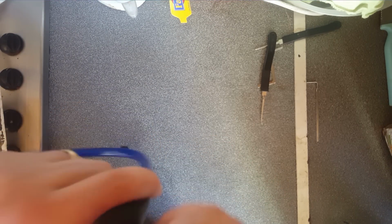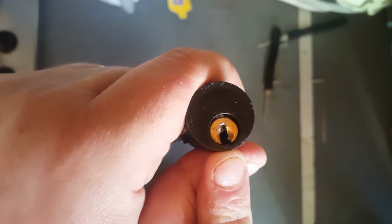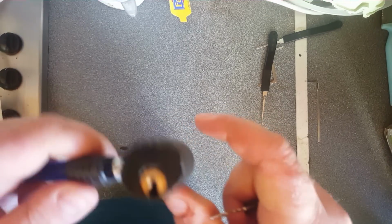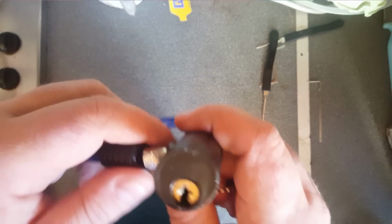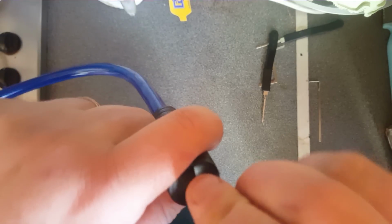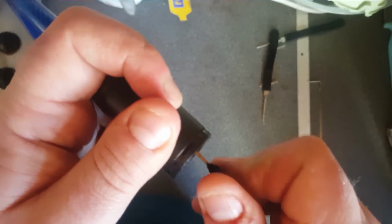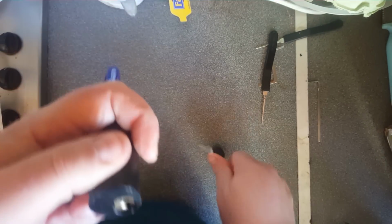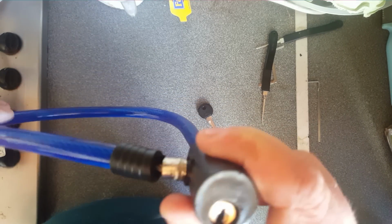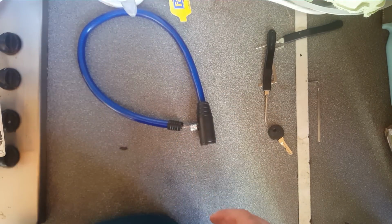But what has happened is the more this lock is used or picked, even just using the regular key, the more it gets damaged, and the brass barrel is starting to splay apart. It's a lot more spread apart than when I got it. So it's not so much a warning about insecurity, it's a warning about wasting money on a lock that's going to fall apart pretty quickly, to the point where you won't be able to get the key in and get it to work. It's working okay now, but it jams up, and the last thing you want is to be sitting in the dark outside your office trying to get your bike unlocked and you can't get the key to work. So the reality is how most bikes are stolen and how most locks are cracked is either